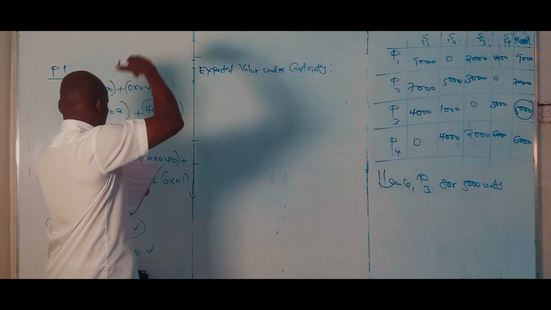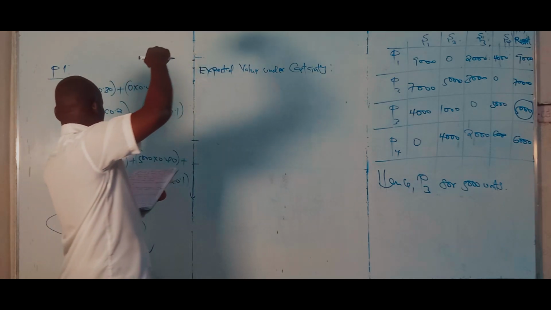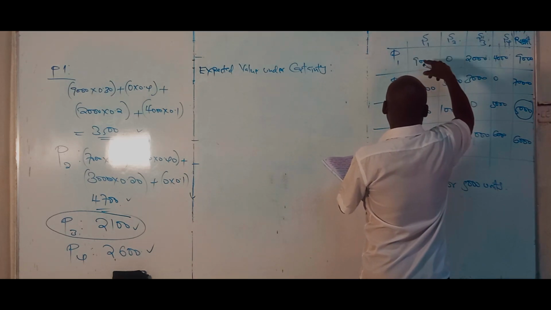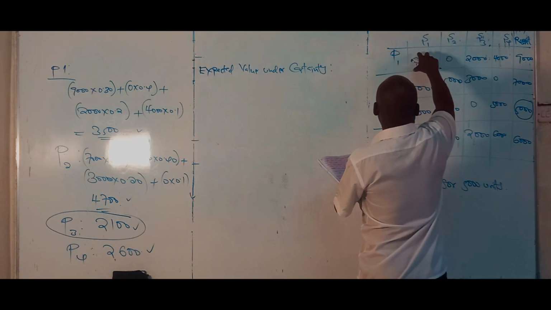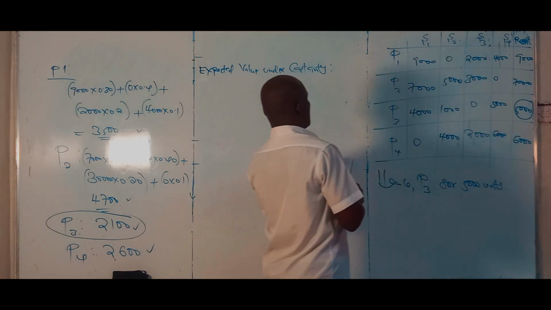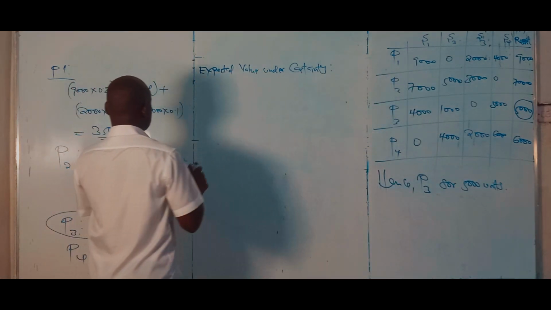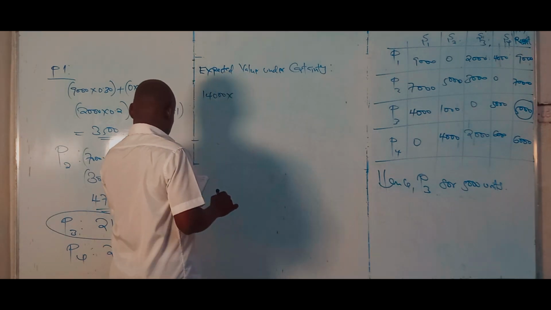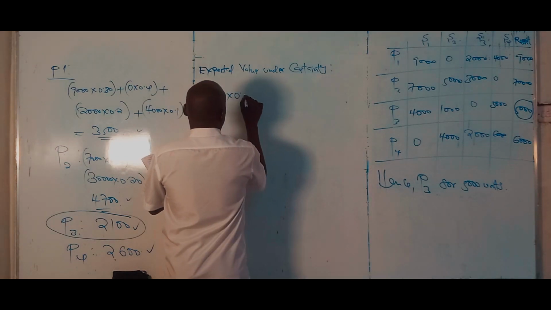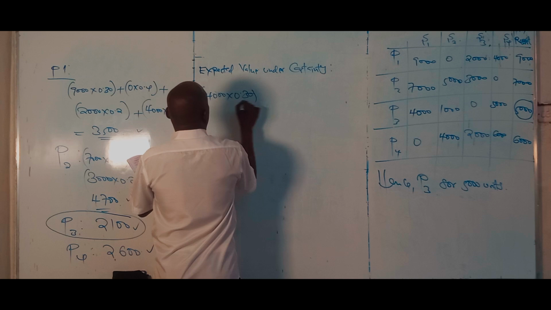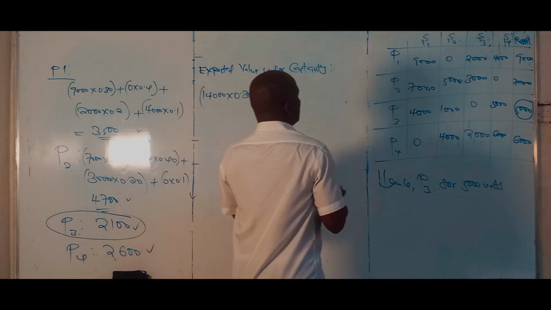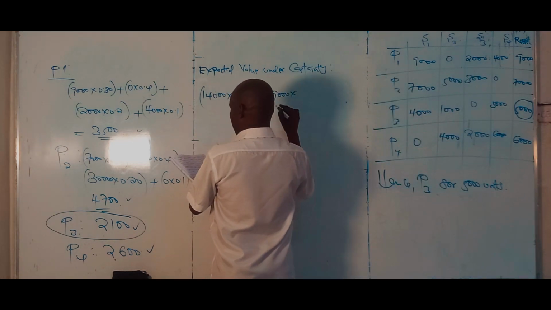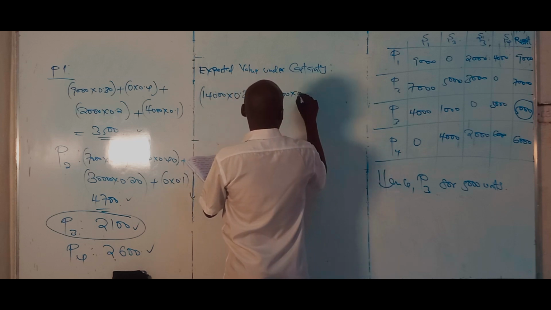14,000, which was the maximum for the first state, because you see, we had defined the initial probability vector for the states. But now, realize that for state 1, the maximum value we picked was 14,000. So we would say 14,000 times 0.30, plus, for the second state we had 9,000. So that becomes 9,000 times the second probability that we had, which was 0.40,